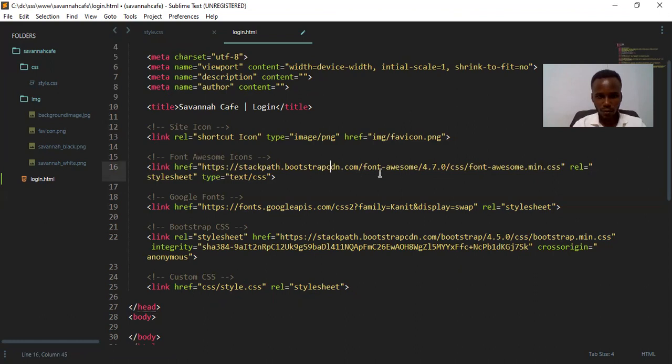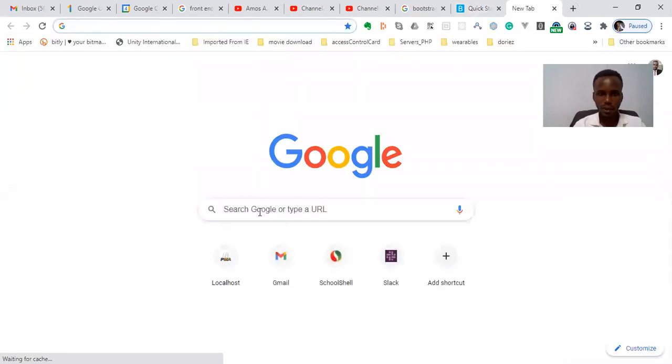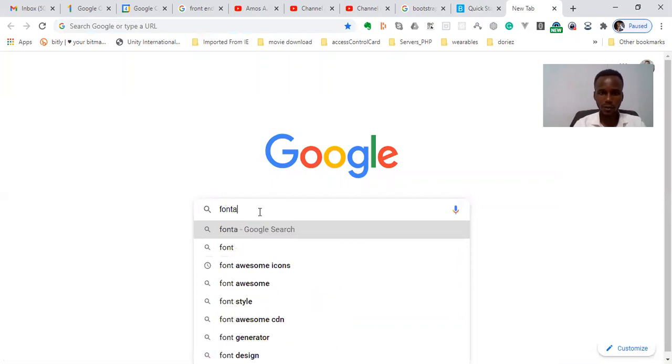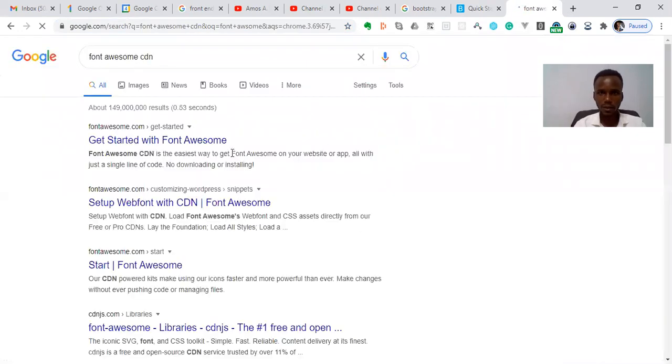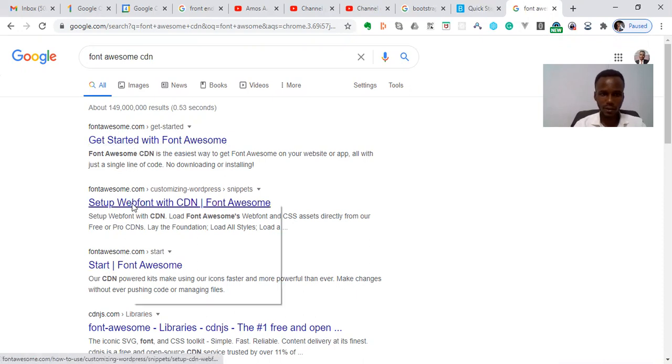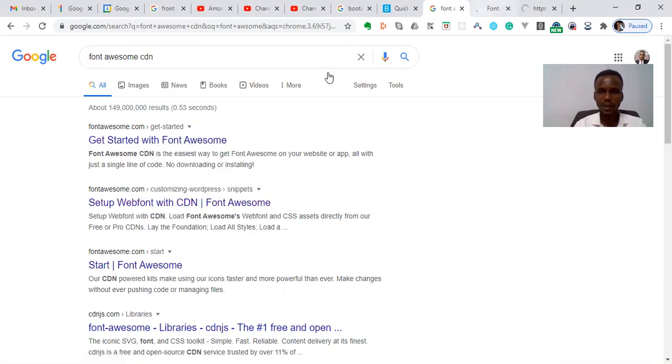So Font Awesome, let me show you the example. Go to Google and you type Font Awesome CDN. So I always get the external link